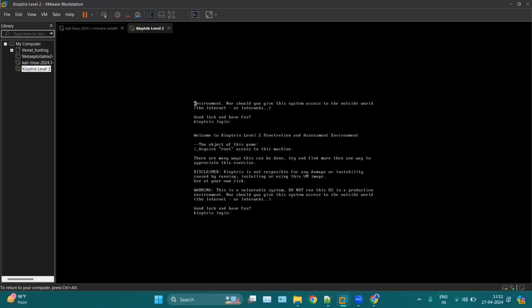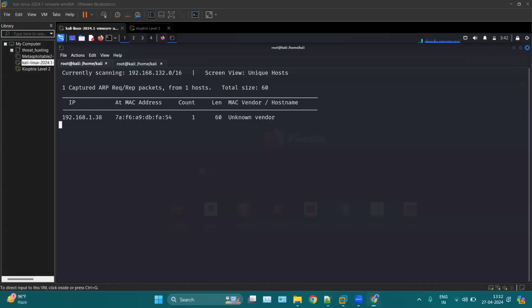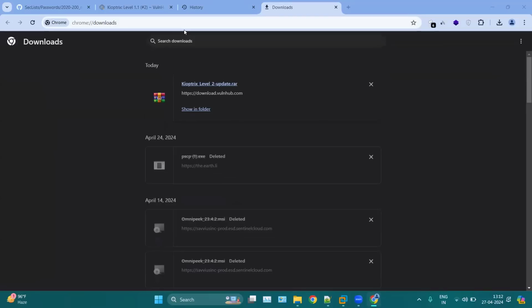Now we are inside this machine, and for moving your cursor outside of the machine, we can press Control Alt. Here you can see the warnings: Control G for moving inside this machine, and Control Alt for moving outside. And here we can read the challenge of the Q-Patrix, which is